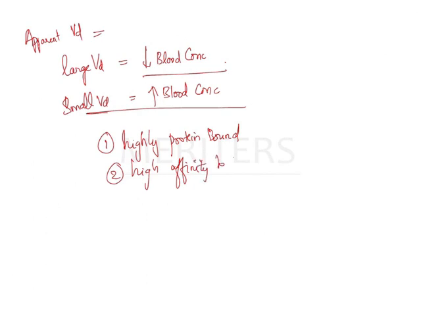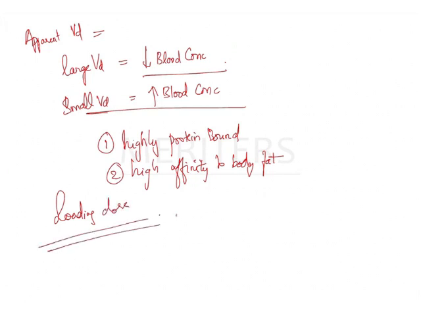So two things: highly protein bound and high affinity to your body fat. These are the two factors that affect the extent of distribution. So this loading dose, you have something called your loading dose, is used when you have large volume of